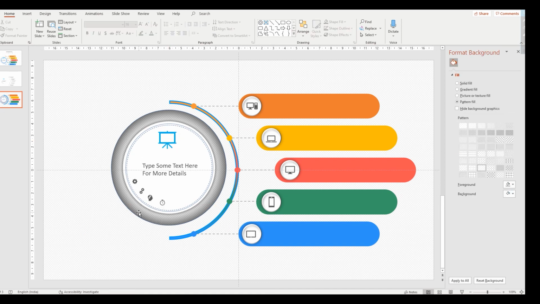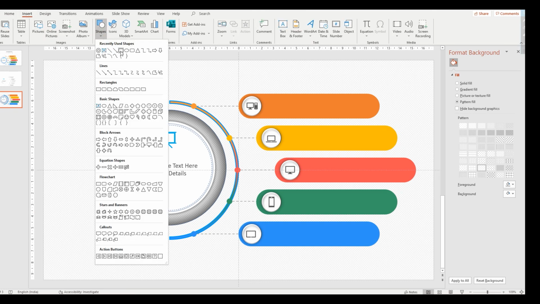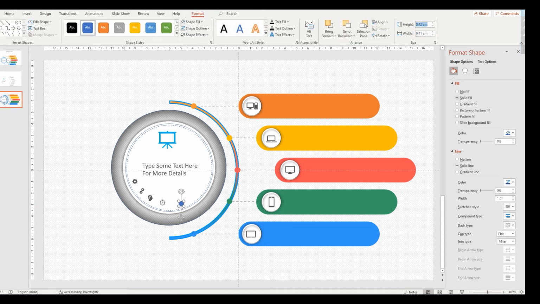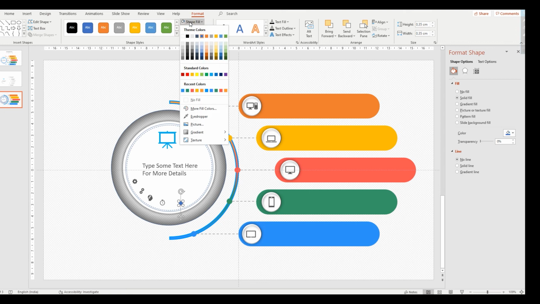Just next what we are going to do means we are going to create some small circles here for appearing purpose. Remove the outer line.